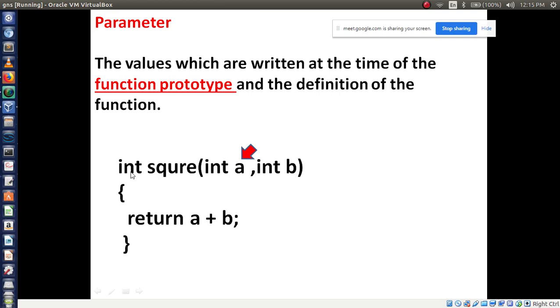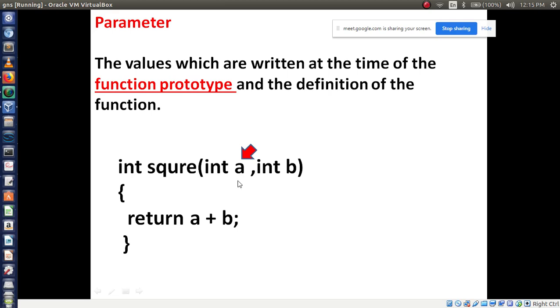This is my function prototype and definition of the function. What I am writing inside this function is called parameters, right? I told you that if the return type is int, you compulsorily have to use the return keyword. It will accept the a and b values.